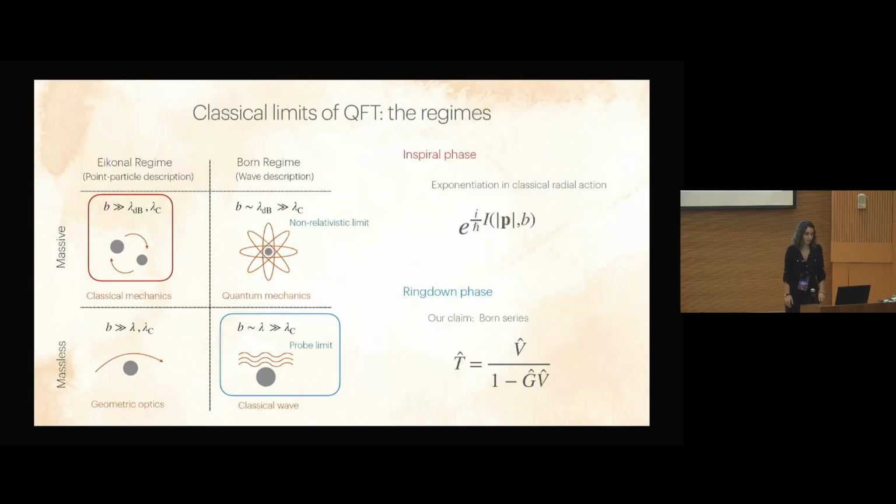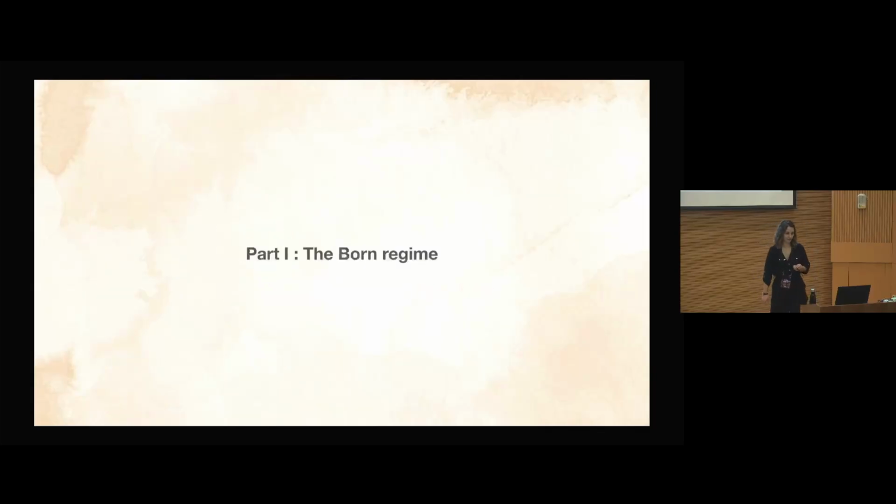Now, everything I'm going to say today will be focused on this classical wave regime, but the reason why we call it Born regime and not just classical wave is because this is a discussion that is valid also for a larger set of physical phenomena, and you can also use this for quantum mechanics. There's some fun story related to bound states and energy levels and decay rates of positronium, and there's a lot of cool stuff that you can do with this. But for today, let me just focus on this classical wave.